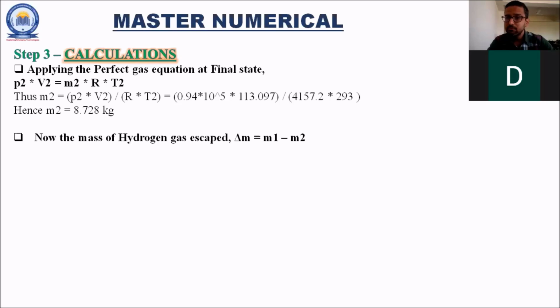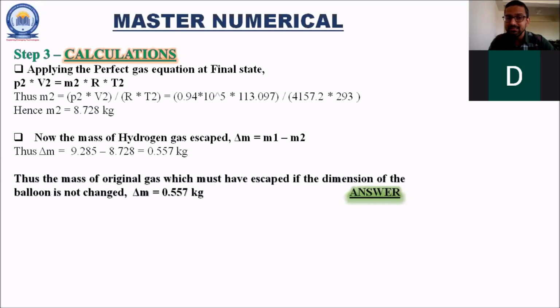Thus, the first parameter which needs to be calculated now, the mass of the hydrogen gas which is escaped from the balloon, that is delta M, is equal to the initial mass minus the final mass. So I can get the answer how much mass has been escaped from the balloon. So I am having the values of M1 and M2, substituting both the values, I am getting the answer. Thus, the mass of the original gas which must have escaped from the balloon, if the dimension is not changed, that is delta M is equal to